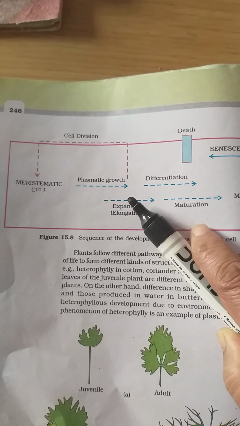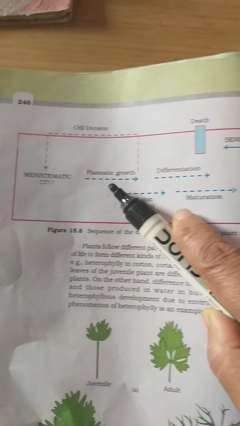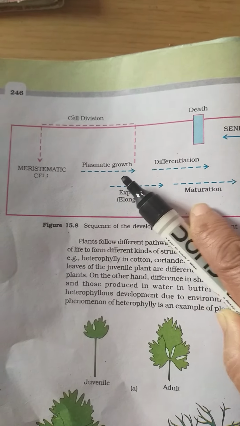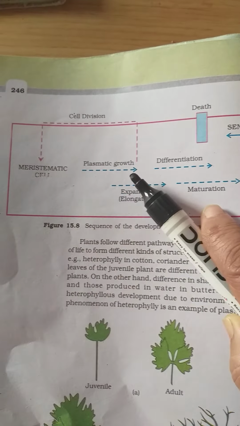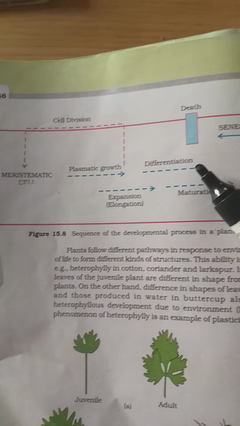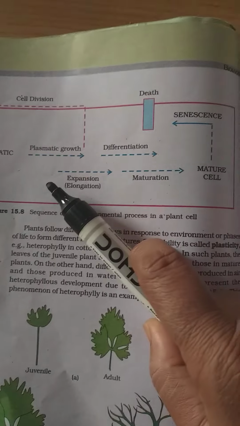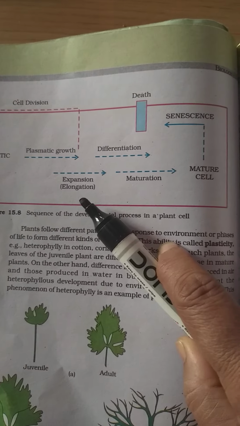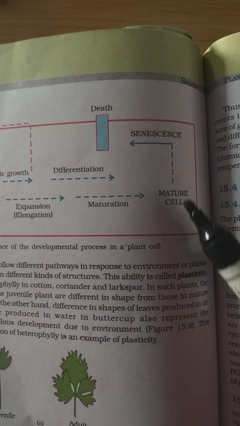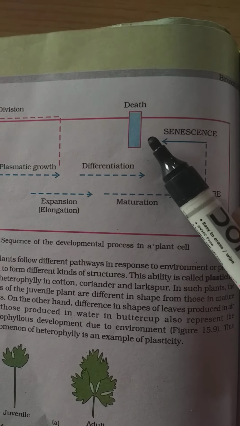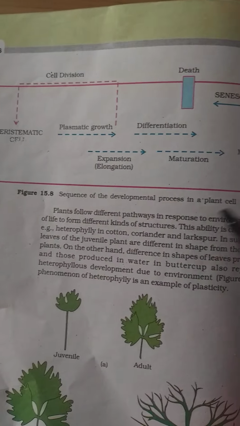The plasma, the cytoplasm, grows. That means the cell increases in size. Then it differentiates, that means it changes into tissues. Growth means expansion, elongation. Then ultimately it gets to maturity, a mature cell, and that mature cell finally dies. So this is a very schematic